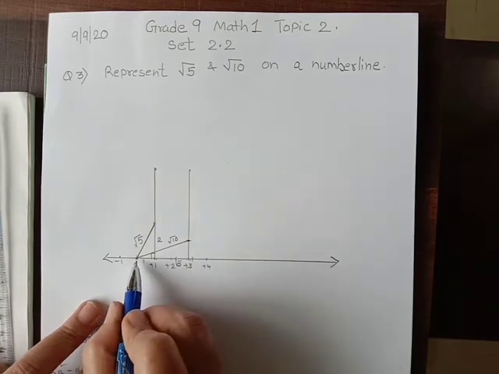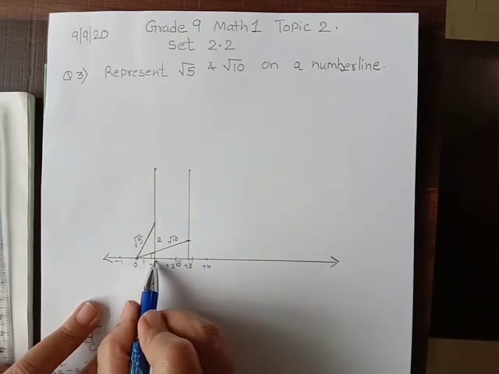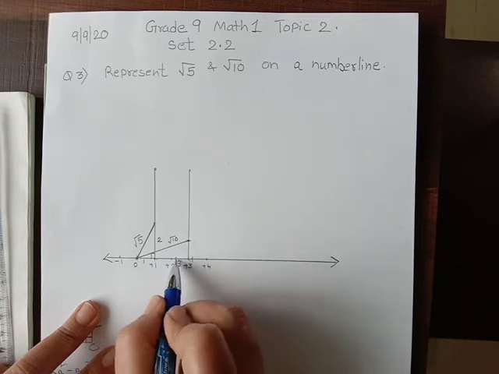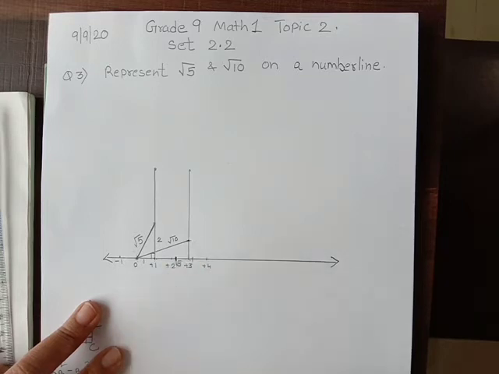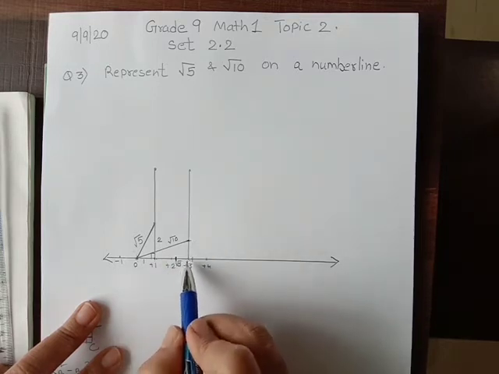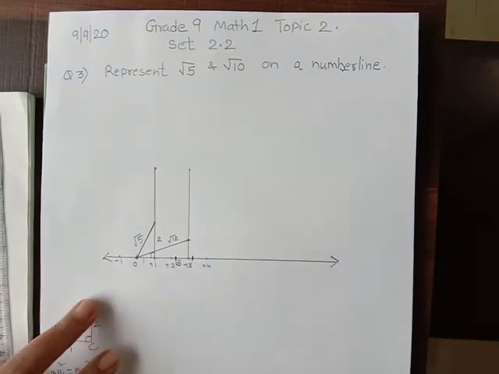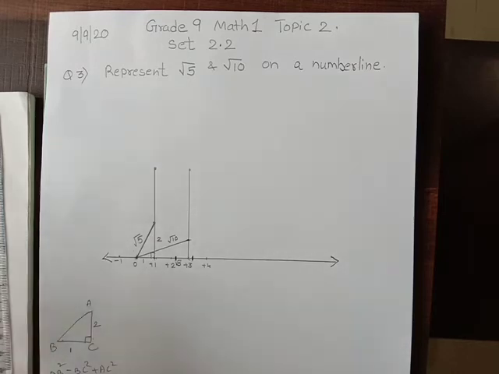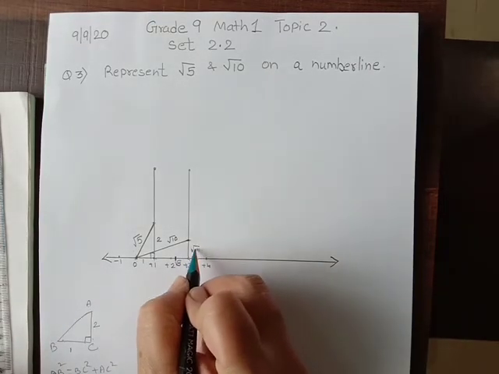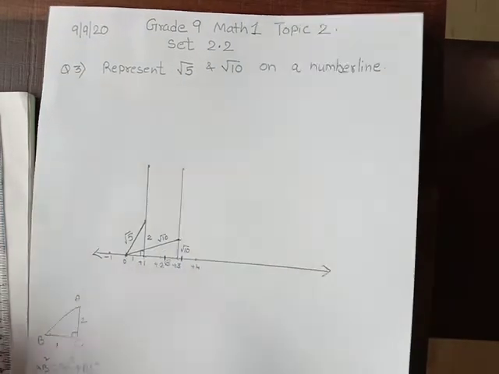So I am marking these distances with a pen. See, now this is 0. This is plus 1, this is plus 2, and this is root 5. Okay, so this is your root 5. Here it is plus 3 and this is your root 10. Okay, I am showing you. This is root 5 and this is root 10. Let me zoom it for you and show.